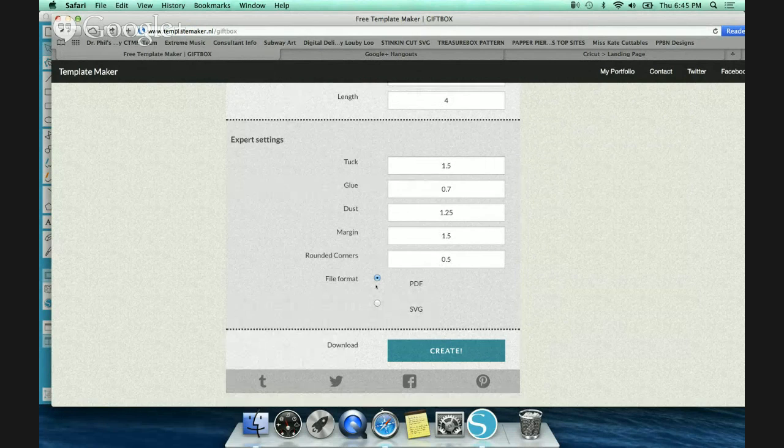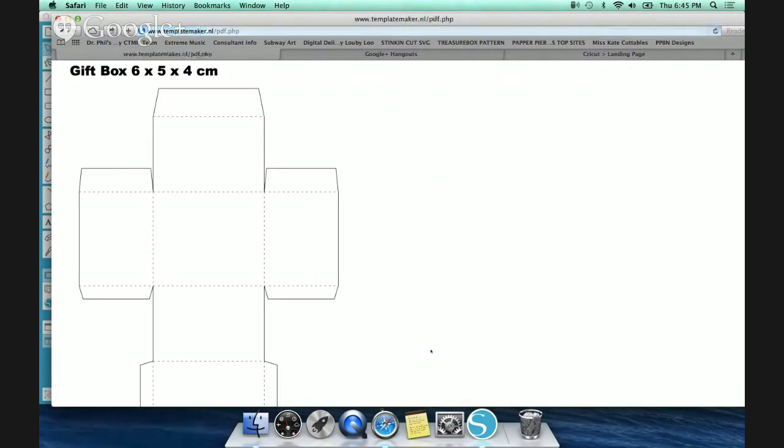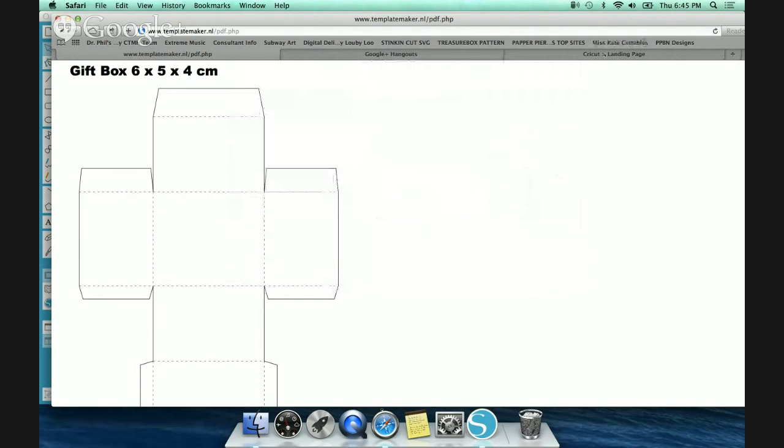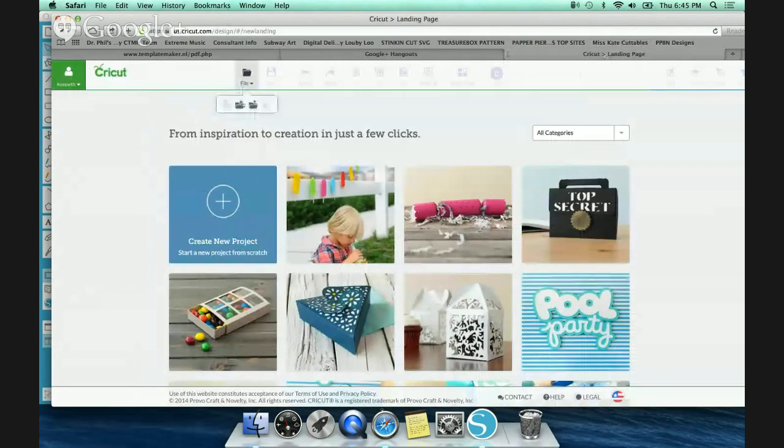And when I first saw this, I was really excited because I saw SVG, and I figured to myself, that's amazing because Cricut Design Space allows us to do SVGs. So I'm going to show you what it did. I went to SVG, I hit Create, and it brings me to this screen, which then on a Mac I'm going to hit Save Page As, and as you can see, there's my SVG. So I normally hit Save, and then when I went into Cricut Design Space,